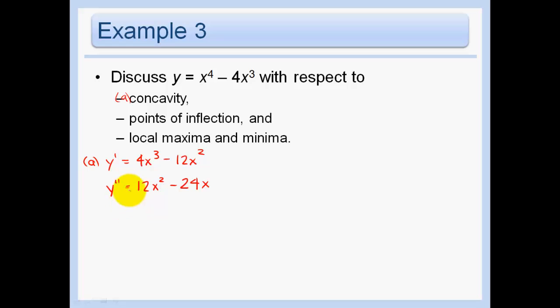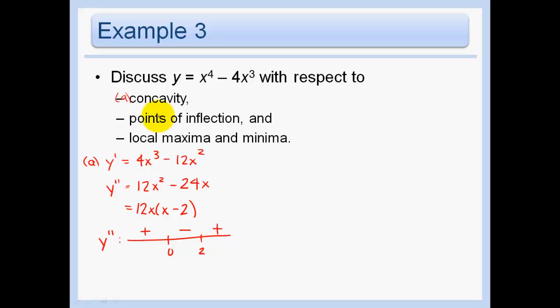And so I'm just going to factor that. And so then I'm going to make a sign chart for my second derivative so I can discuss the concavity. I see my zeros are at 12x equals 0, 0, or 2. And so if I put in a negative, I get a negative times a negative. If I put in a 1, for instance, I would get a positive times a negative, and then I get